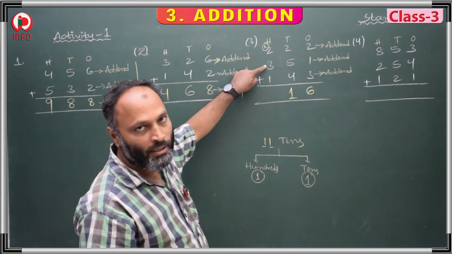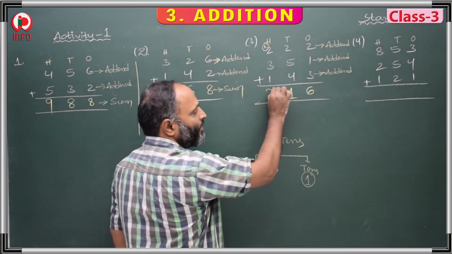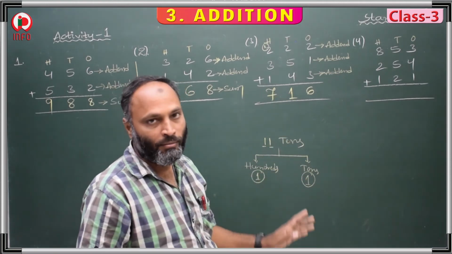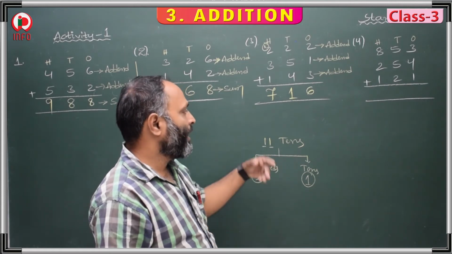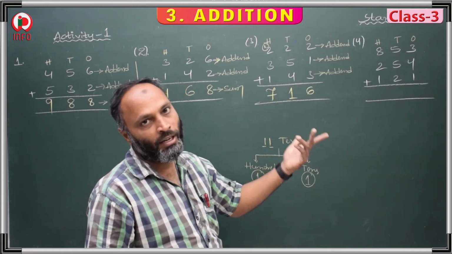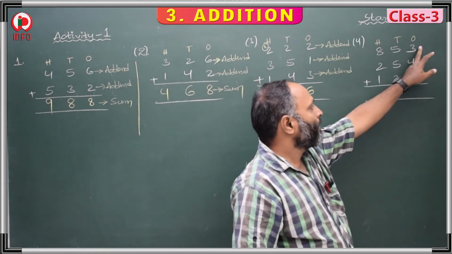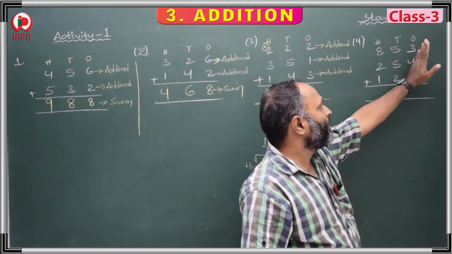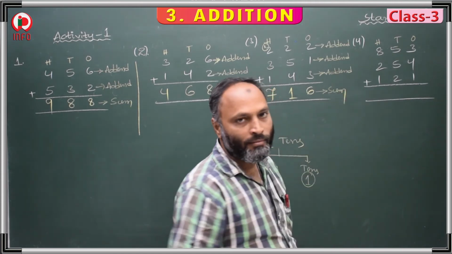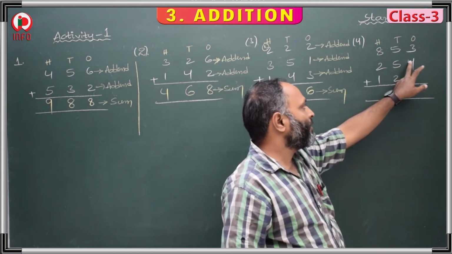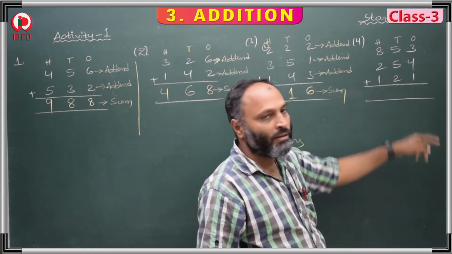3 plus 3, 6. 6 plus 1, 7. 7 is a single digit number. So that is the last place value. We have to take 7 as it is. This is regrouping. If a double digit number comes, then we go for regrouping. Next, here 3. This is nothing but our sum. The solution is our sum. Now add 3 plus 4, 3, 4, 5, 6, 7. 7 plus 1, 8.